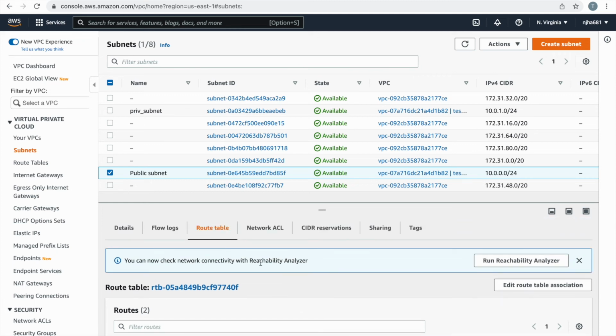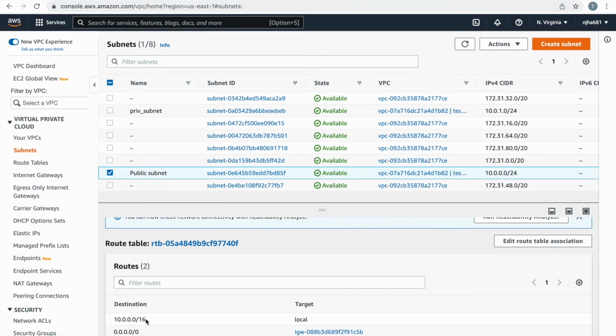So for the public subnet, the route table has two destinations. One is the local destination, which is the CIDR block of the VPC, meaning any services hosted in this subnet can communicate together because in its route table, the destination is the CIDR block range. And one more destination is there, that is everywhere. 0.0.0.0/0 belongs to everywhere, meaning open to the world, and it is through the internet gateway only, meaning services inside this public subnet can also communicate to the internet.